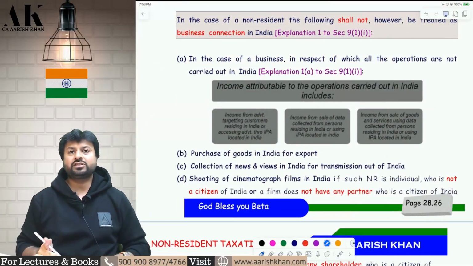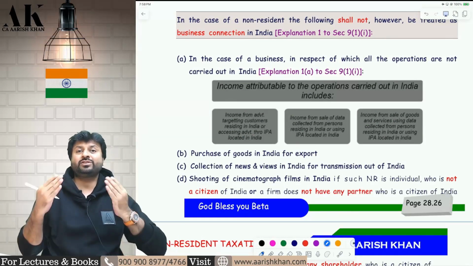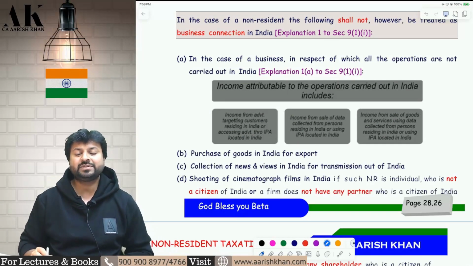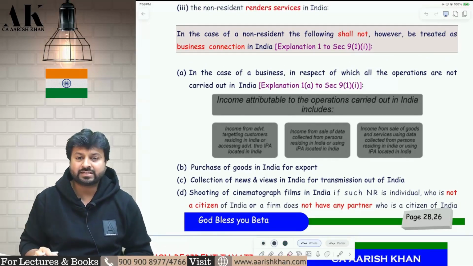Now this is what the definition of business connection was. Business connection includes agency PE. Business connection also includes significant economic presence. Now what does business connection not include? That also we need to say. In those cases, you will not be liable to tax in India. First,